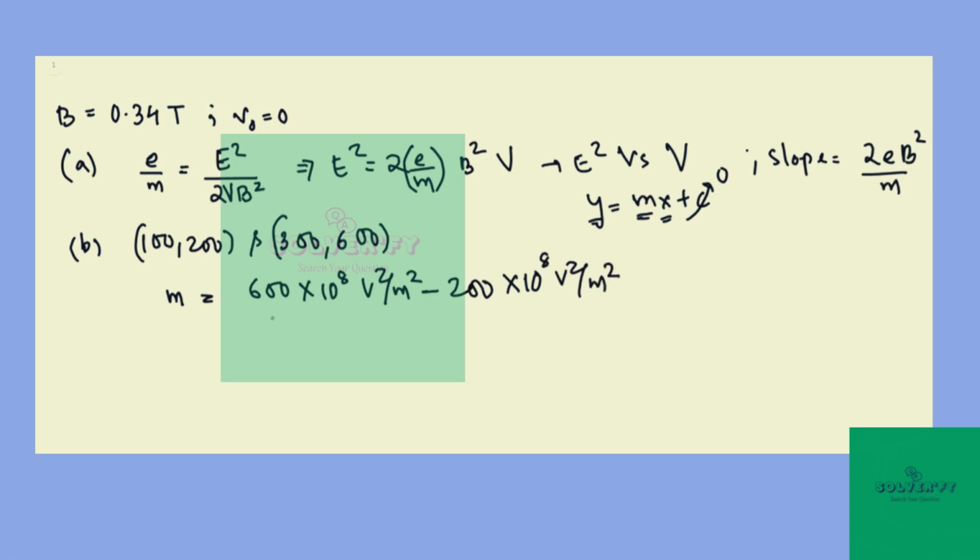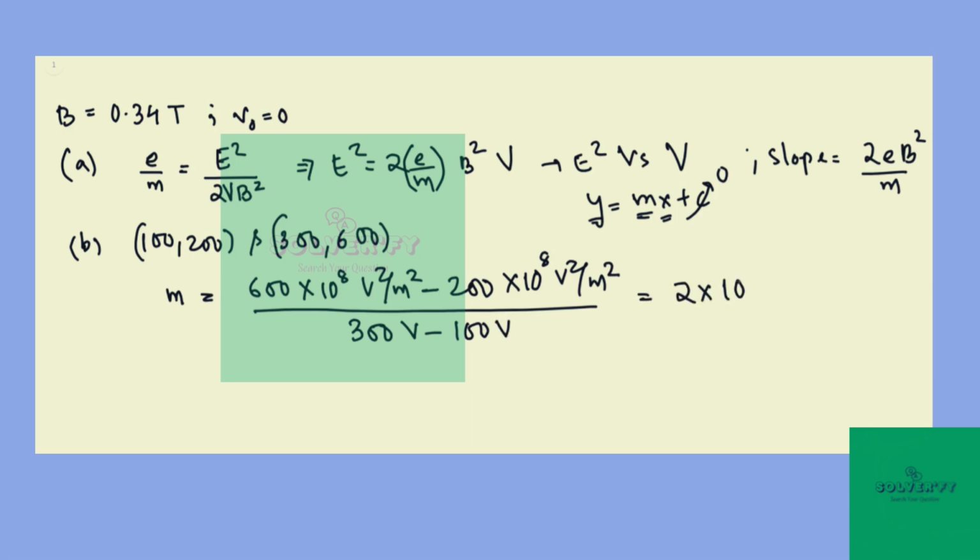So this is delta y, and we have to find delta x, which is 300 volt minus 100 volt,